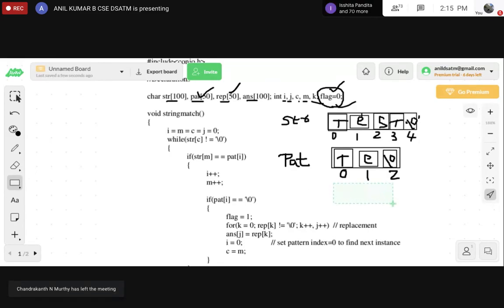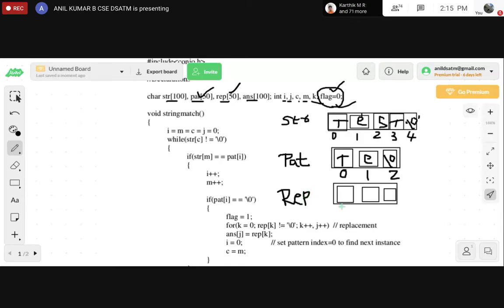So the next part is the replacement with two characters. This is called rep, that is nothing but the replacement string, with index again 0, 1 and 2. So replace it with R and E. TE should be replaced with RE and end with a null character \0. What is one more part?